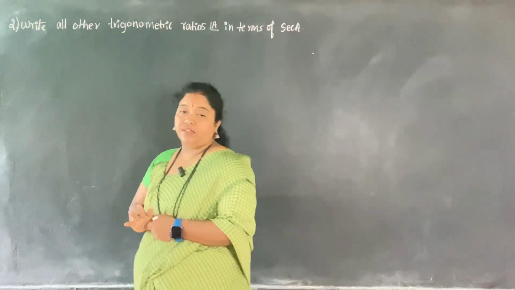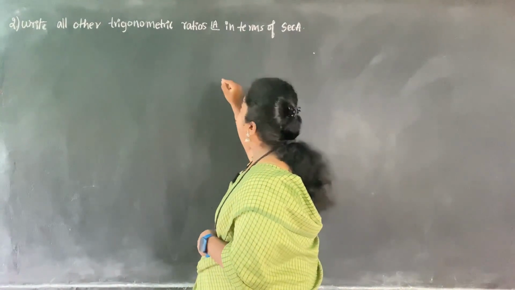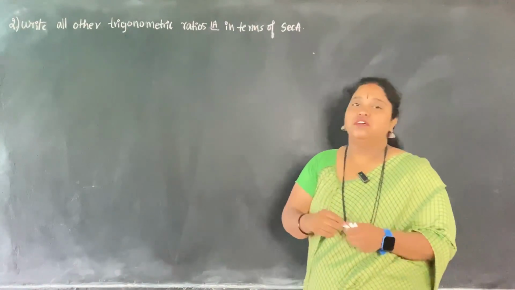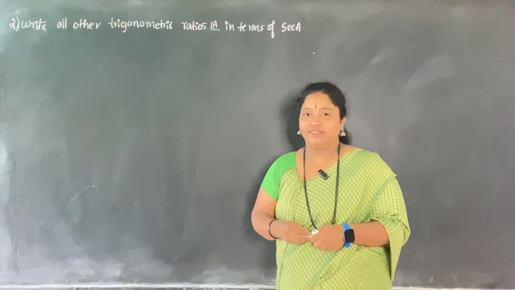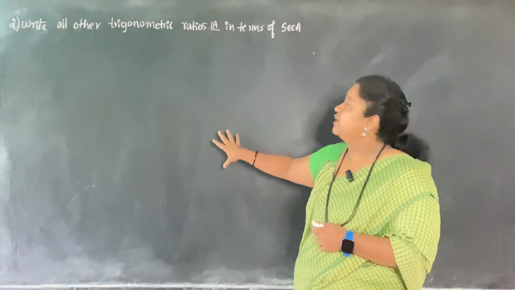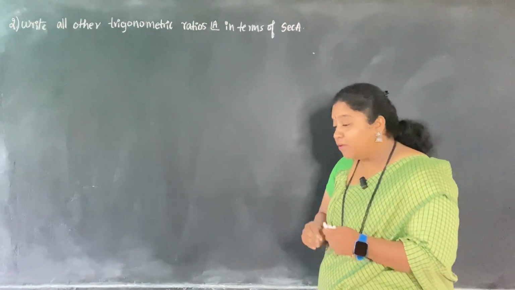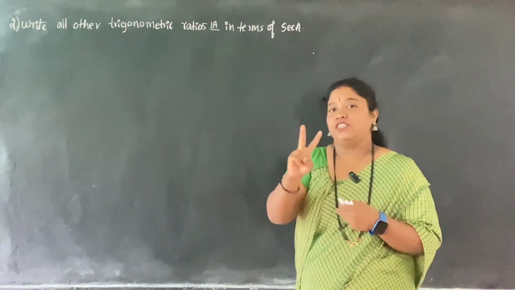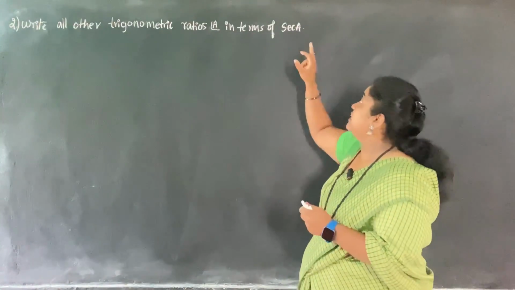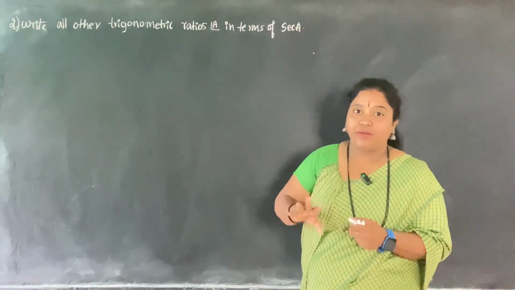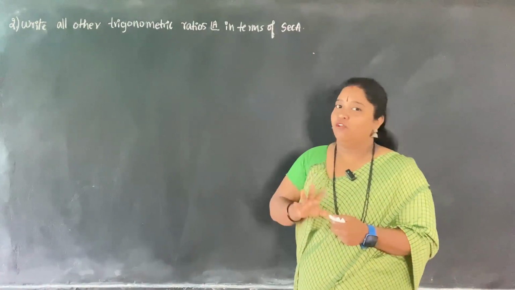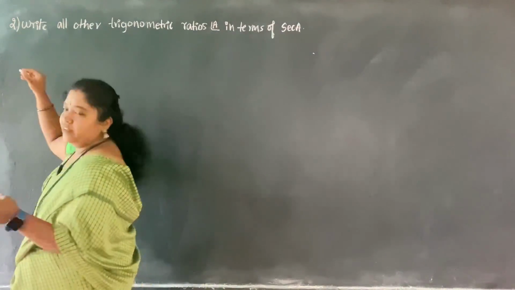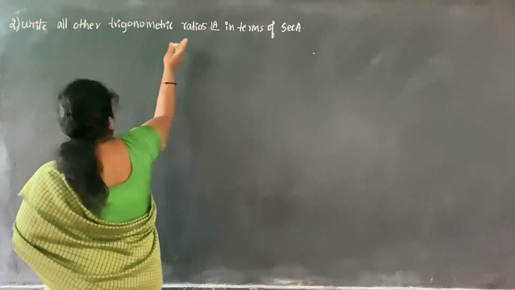Second question with respect to exercise 8.3, write all other trigonometric ratios of angle A in terms of sec. So last question was in terms of cot. Now this question is in terms of sec. We'll write all the 5 other trigonometric ratios in terms of sec. And I told you which trigonometric ratio would be given, that is having the direct connection to two values, dear. How? Sec is reciprocal of cos. One you get directly, the other one is with respect to trigonometric identity also. Okay, now you will understand one by one. See, I'll write first cos, which is having the direct connection with the sec.